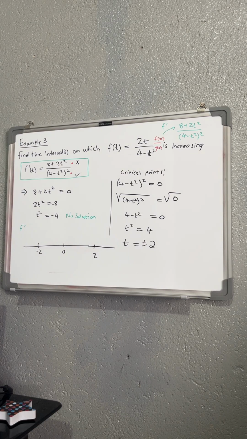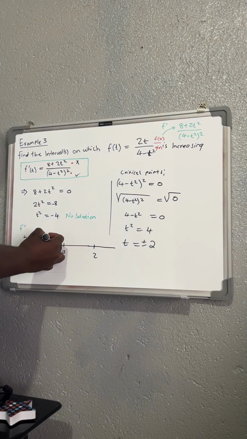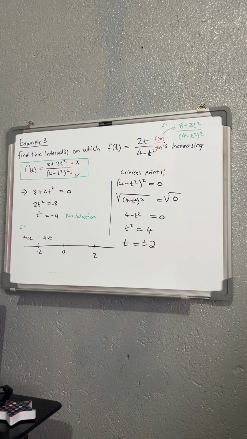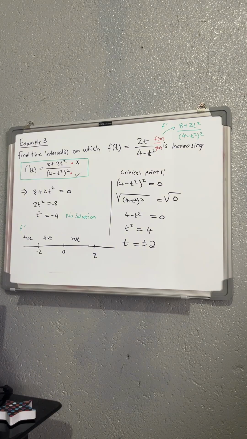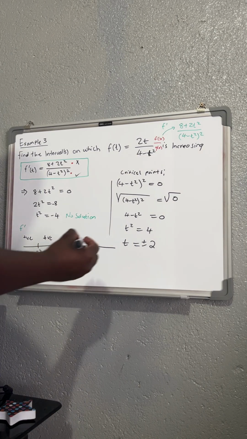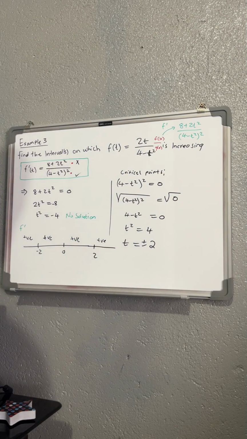Then you will see that you are having a positive on this one. Then between -2 and 0 you can even choose -1. Then this side I think you'll also get a positive. Then this side between 0 and 2 you are going to get a positive. So it looks like you are getting a positive throughout. Even here it's going to be a positive. So it means now you can just say